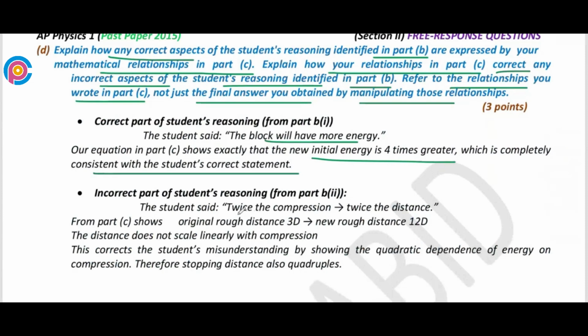Now, the incorrect part: twice the compression, twice the distance, that is not equivalent. The student says 6d, but it's actually 12d. The distance doesn't scale linearly with the compression. The student missed the quadratic dependence of energy on compression. Therefore, the stopping distance also quadruples. That's the solution of the